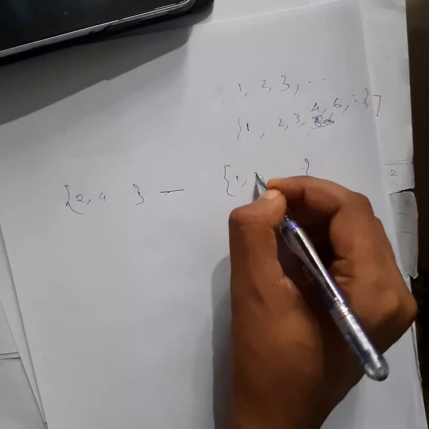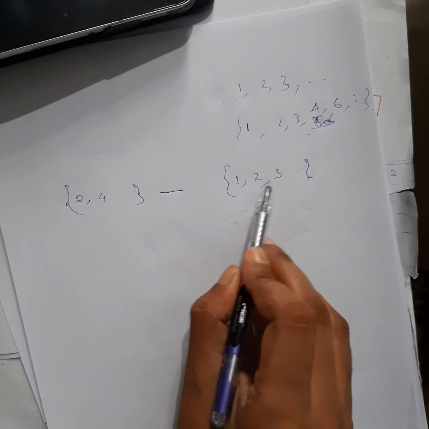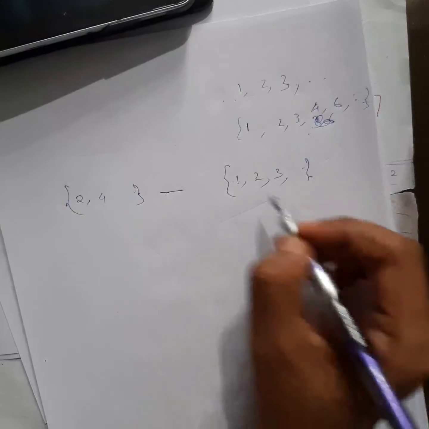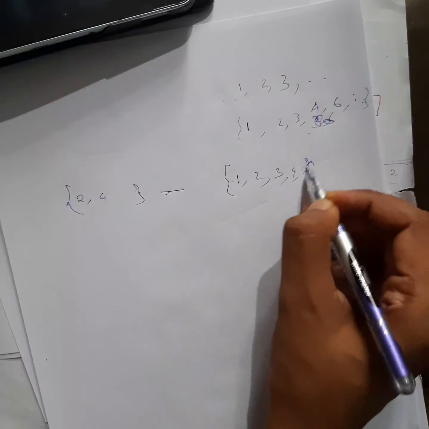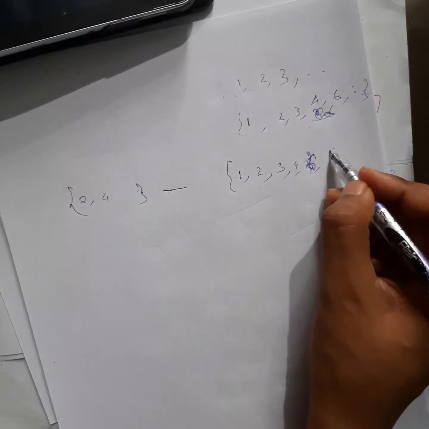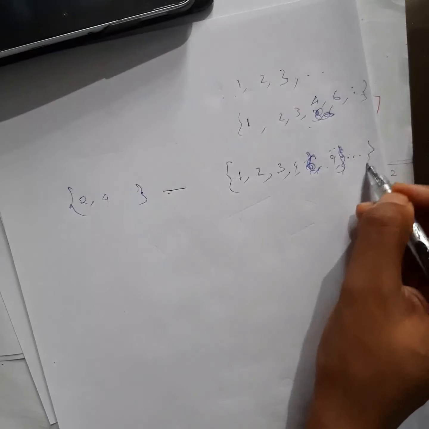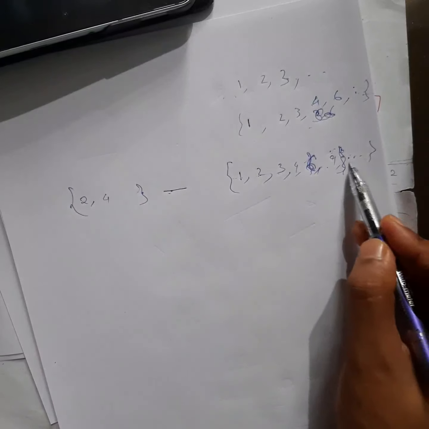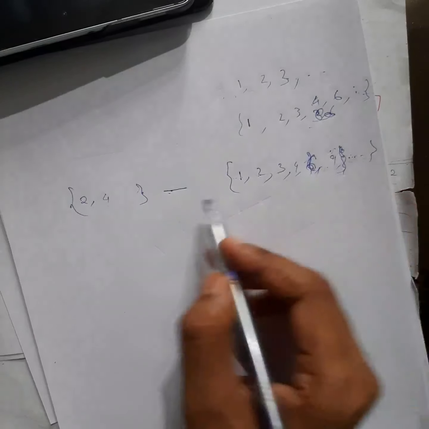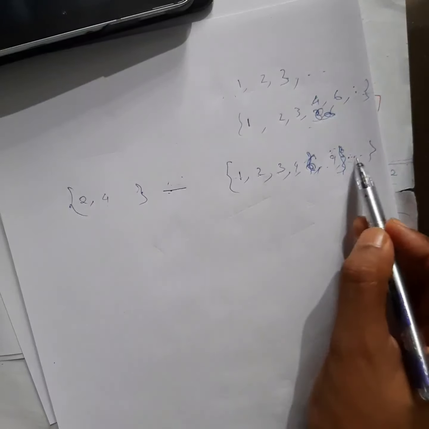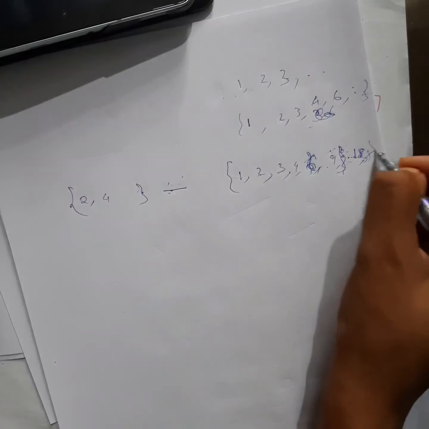See here, in this set, what will be the element? The elements will be those which divide 36. So 1 will divide 36, 2 will divide, 3 will divide, 4 will divide, 6 will divide, okay, then 9 will divide, right? In this it will go on. Many elements will be there again, right? Now I don't need all those elements. You can write them, or you can put dot dot. You write them down because it's a finite set, right? Now in this case, I just have to find whether it is a subset or not. That's why I'm not writing. You can just find out what the elements are. 18 also will be there, right? And 36 itself will be there.